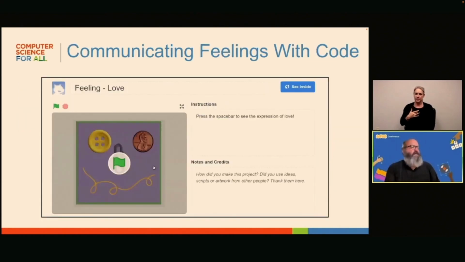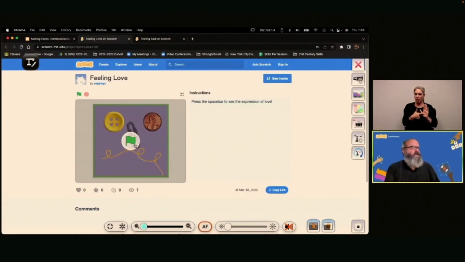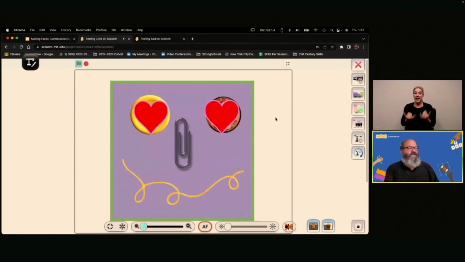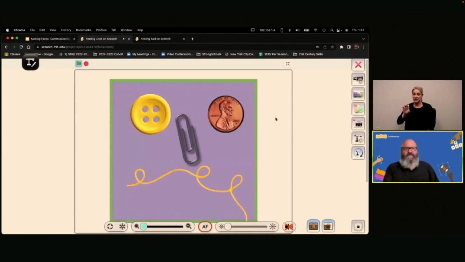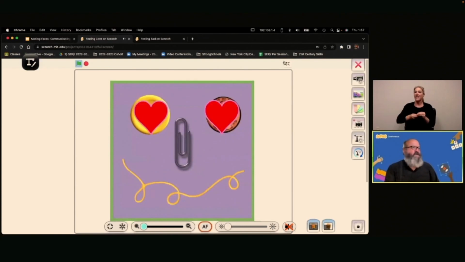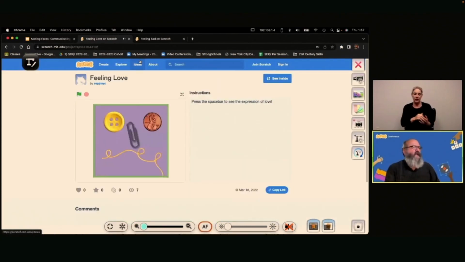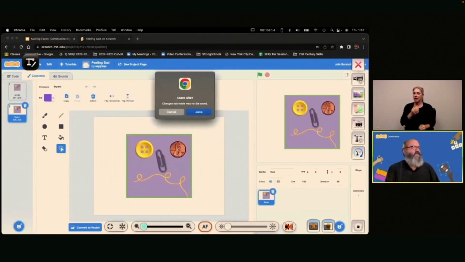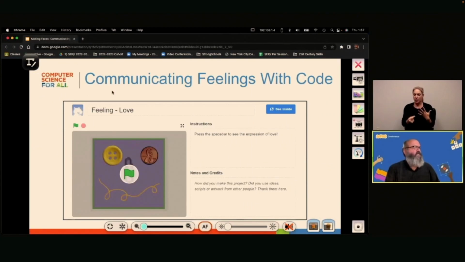And so an example of that in the Scratch project that I originally showed. So now if I press the space bar, I've added some music to it, and additional sprites of the hearts from the Scratch library itself to express a particular feeling of love, right? So there's a lot of really great options within Scratch itself. So I'm just going to leave